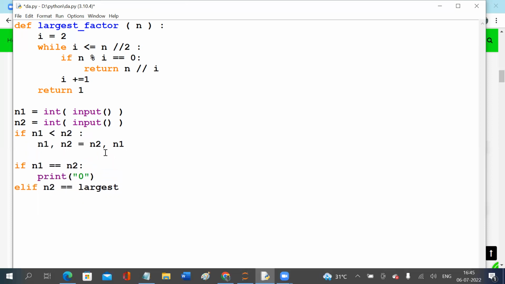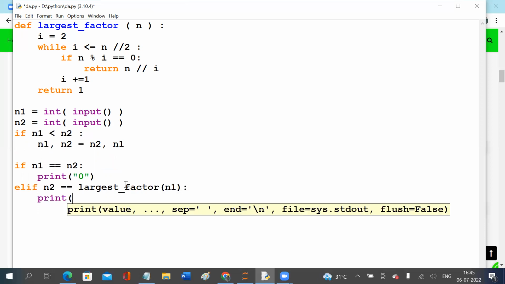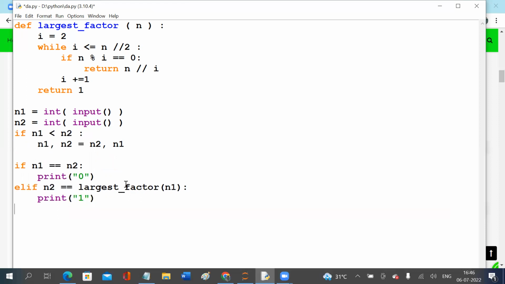Now, if n2 is the largest factor of n1, print 1. Otherwise,